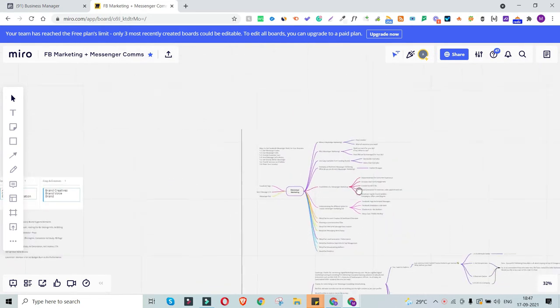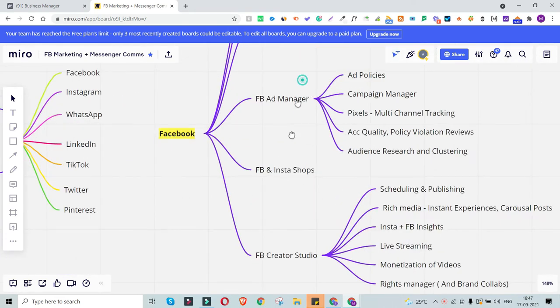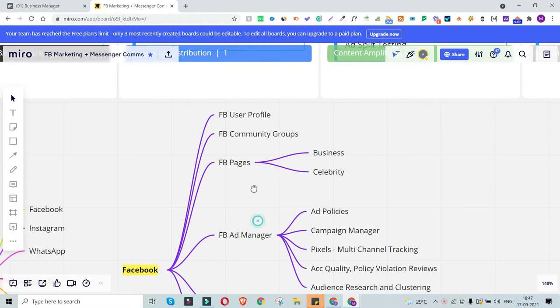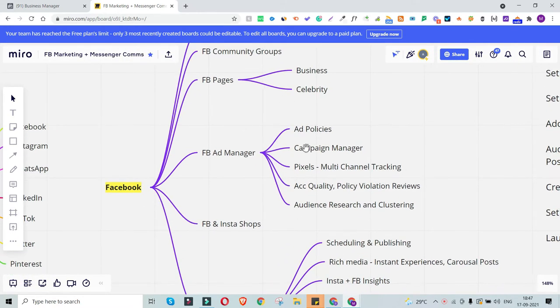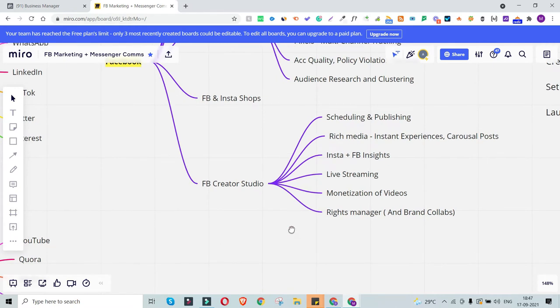Now the next step would be to set up the ad campaigns. We've already completed the different types of ads, the concepts behind our Facebook ads and Instagram ads. We have already set up the Facebook pixel, the Facebook campaigns, the Facebook ad accounts. We've understood the campaign hierarchy and all. We've also gone through the Facebook ad policies. Right now, what you're going to do is set up a campaign for our Facebook ads. So let us get started with this Facebook ad campaign setup.